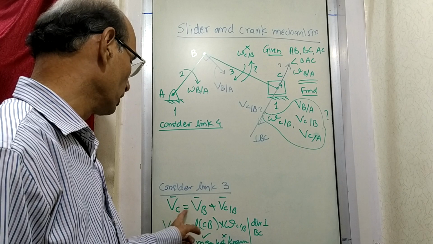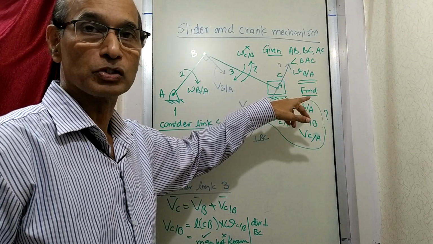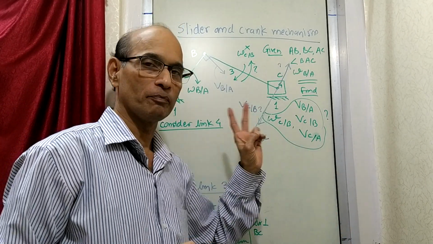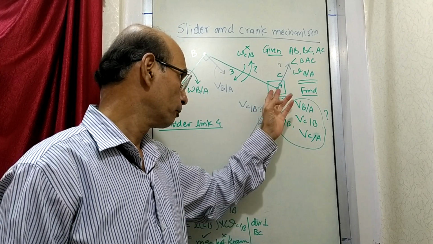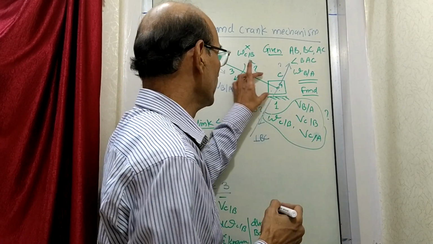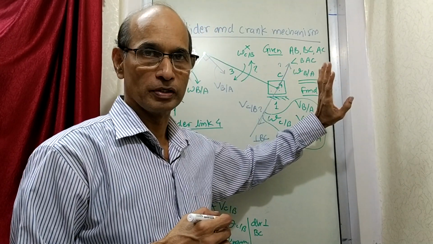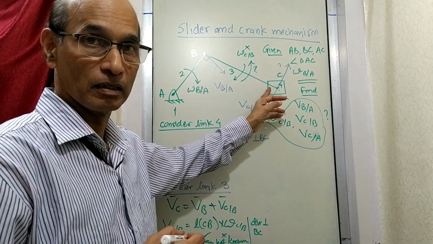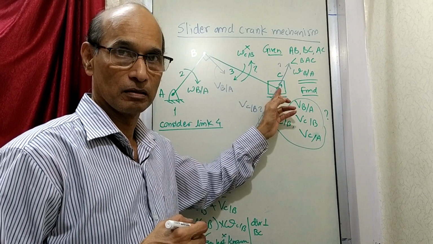Velocity of any point on a link equals velocity of a known point. Now on this link, which point do you want to find the velocity of, and which point's velocity do you know? Take 2 points, one whose velocity you want to find out, the other whose velocity you know. Is it possible? Suppose I take any 2 points here, you will find the entire slider has the same velocity. All the points on the slider will have the same velocity, and we don't know that velocity. So you will not be able to write this kind of equation in this format for a slider.